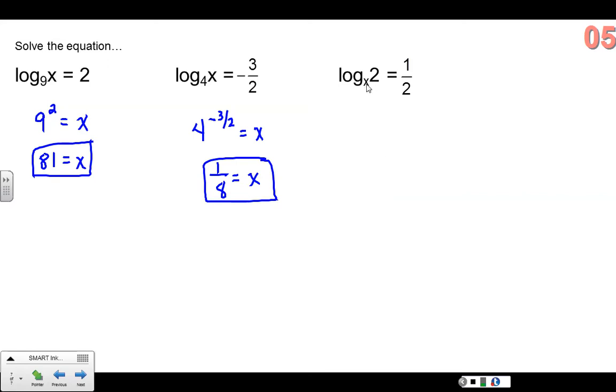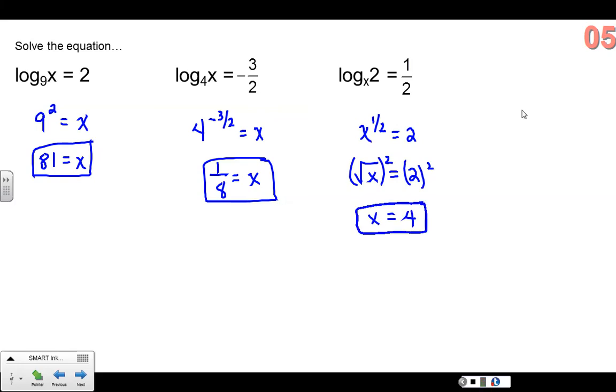All right. x to the 1/2 equals 2. Now we know x to the 1/2 is the same thing as square root of x. To solve a radical equation, I'm going to square both sides. So x will equal 2 squared, which is 4. Hopefully this video will help you understand the relationship between logarithmic expressions